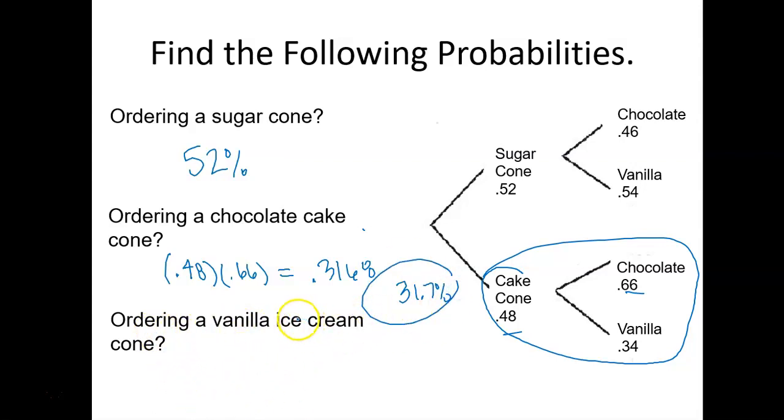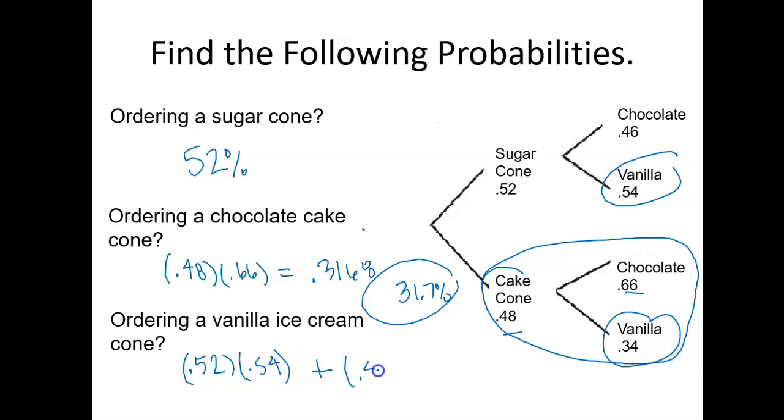And then what's the probability of ordering a vanilla ice cream cone? Okay, so again, vanilla is on both of these. So we need to go out on both branches. So sugar cone and vanilla would be 0.52 times 0.54. And then we're going to add that to the other branch, which would be cake cone at 0.48 times vanilla at 0.34. Okay, go ahead and simplify that. That would give me 0.444,